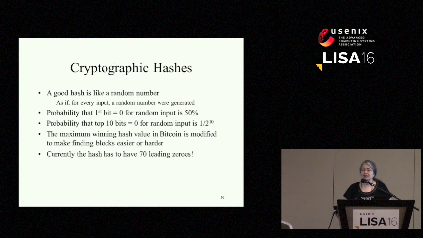So remember, a good hash is like a random number. So if you give it input, there's a 50% probability the top bit will be a 0 or a 1. The probability that the top 10 bits will be 0 for random input is 1 over 2 to the 10th. So currently the hash has to have 70 leading zeros. So if you want to create a block, you have to try with like 2 to the 70 different random numbers until you get one that just happens to have a hash with all